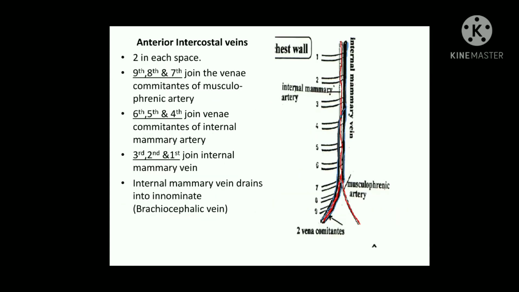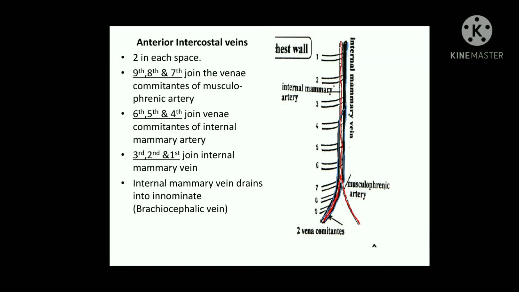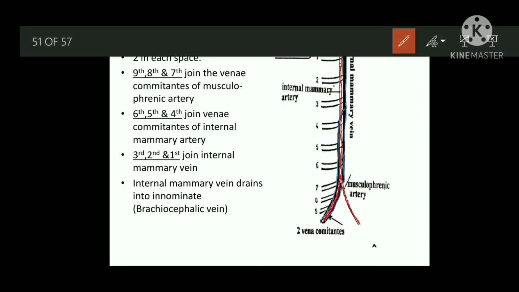Now, venous drainage of the thoracic wall. So anterior intercostal veins, 2 in each space like the artery. From the 9th, 8th and 7th, here in this red mark is the internal thoracic artery, and along this is the internal thoracic vein. The internal thoracic artery divides at the 6th intercostal space into the musculophrenic and superior epigastric. So 7th, 8th and 9th